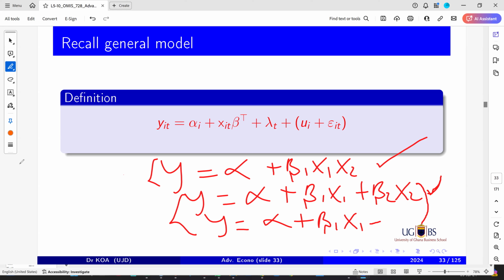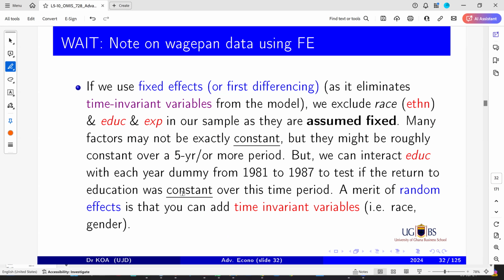So one of them is when one is there, one is not there. The other one is when both are there separately, or when both are there together. Okay. So one is there, the other is not there, okay? Or when both are there separately, or both are there together. With that, you are able to capture the relationship between interaction and that of mediating. Okay, so this is a general model. Okay. So in this very example, you will notice that,